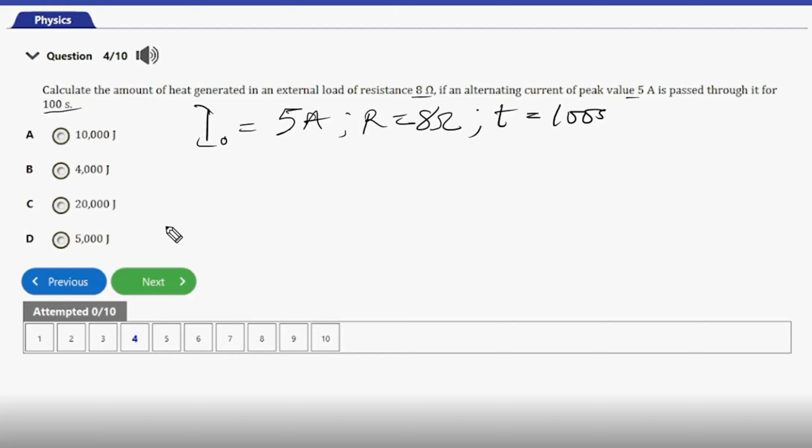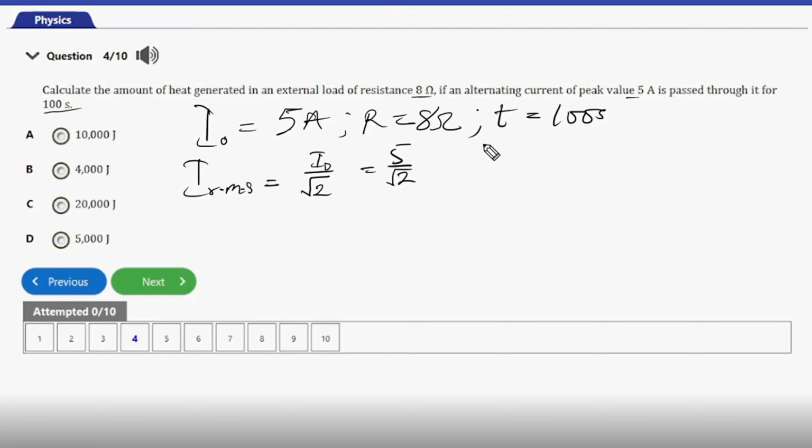So with this, I root mean square, of course, you know, is I naught over root 2. So where I naught is 5, and then so we have 5 over root 2